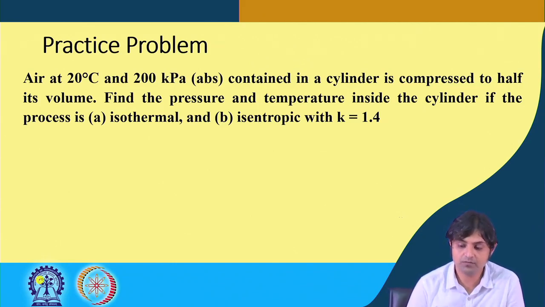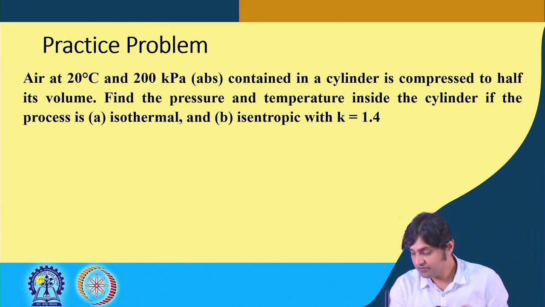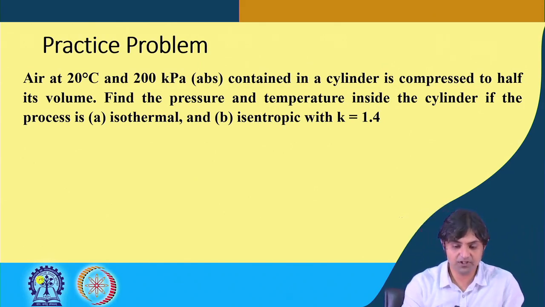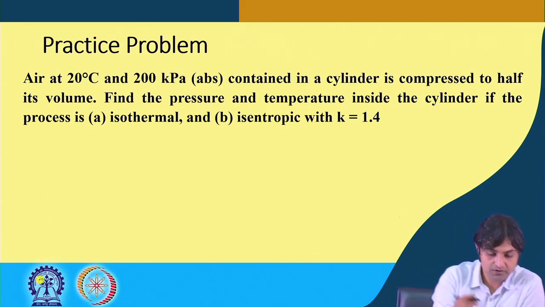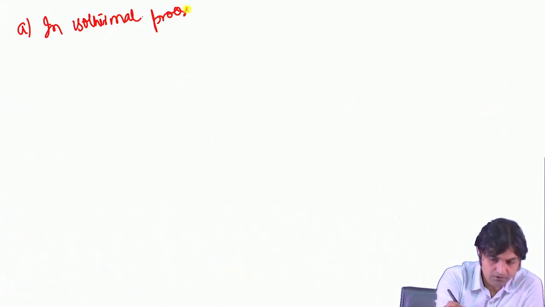Find the pressure and the temperature inside the cylinder if the process is isothermal, and B if it is isentropic with K is equal to 1.4. So okay, the best way to go is to have the whiteboard. So whiteboard is very good. So in isothermal process,